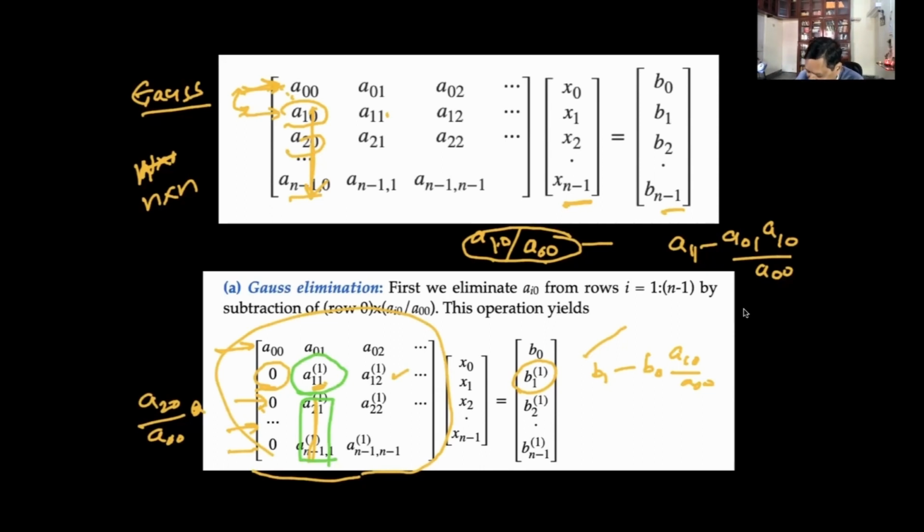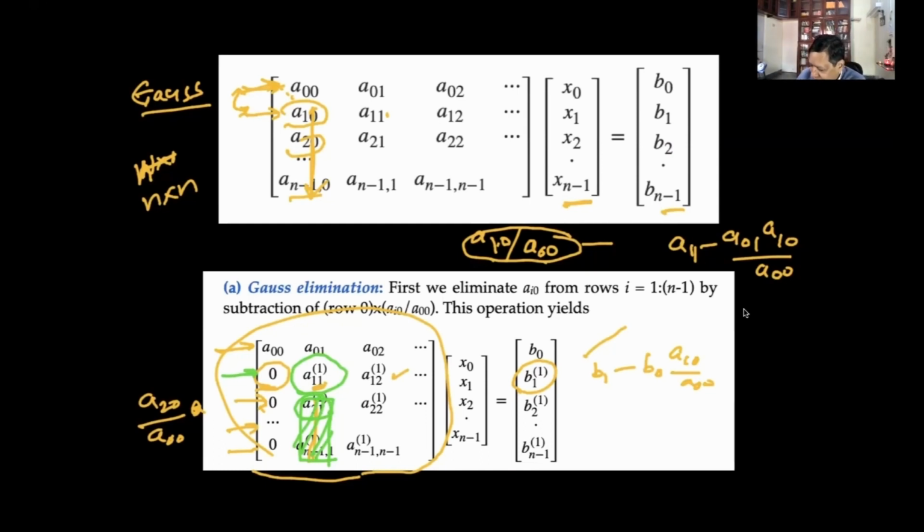Diagonal element, second diagonal element, here, A11. What will I do? I follow the same logic. I keep this row, but subtract from here by A11. Well, exactly the same idea. You just multiply by a number and subtract. So these become 0. Then do the same thing for the third column and so on.